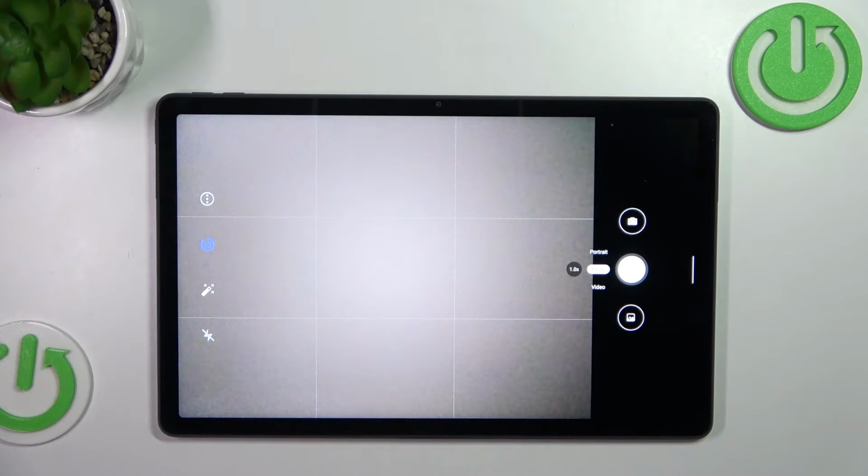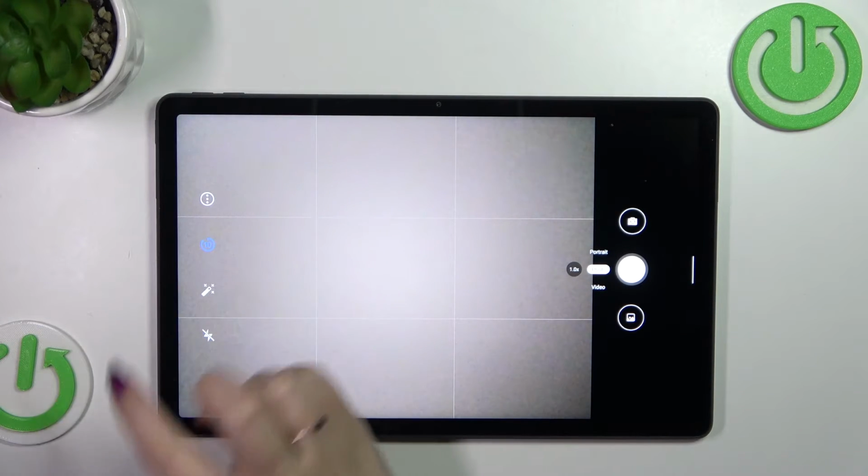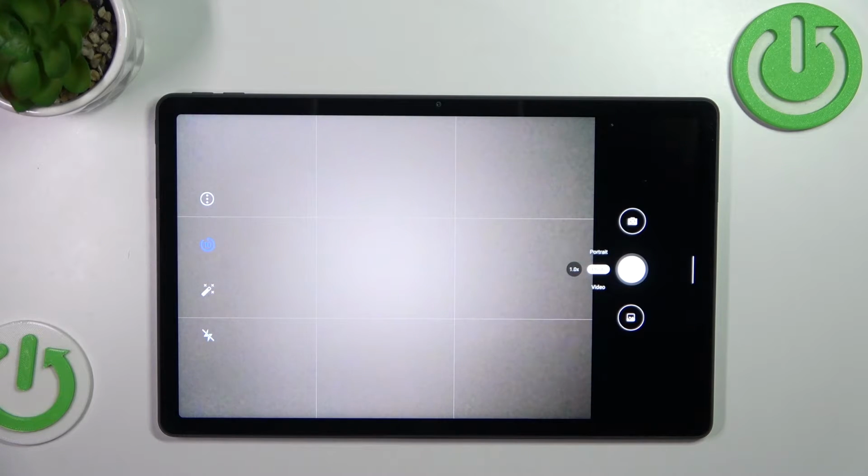As you can see, all you have to do is to simply tap on it and the icon will slightly change. Right now it is highlighted in this bluish color, and all we have to do right now is to simply tap on the shutter button, and as you can see your device will count down from 10, and after that time it will simply take a photo. Of course right now from 10, depending on which option you will pick, so it can count down from 3